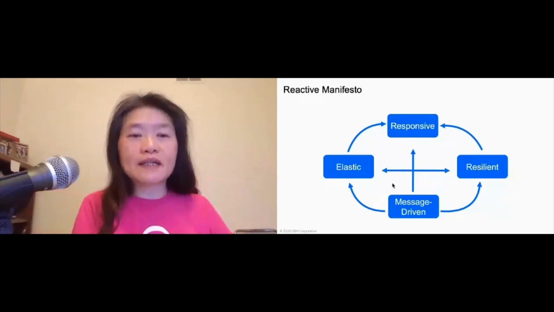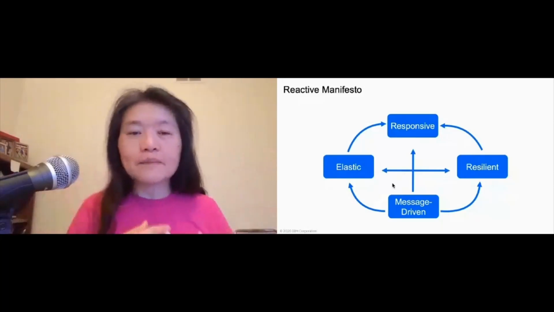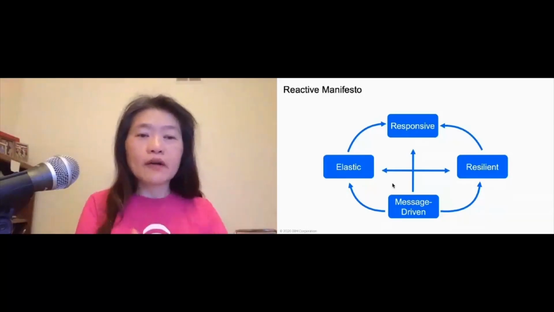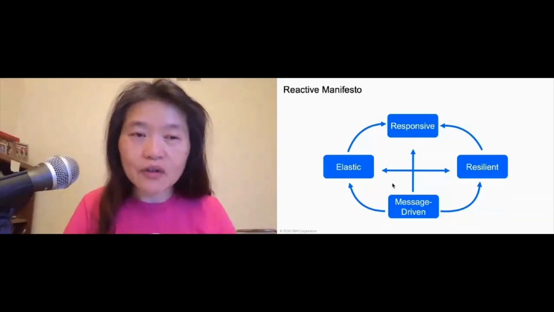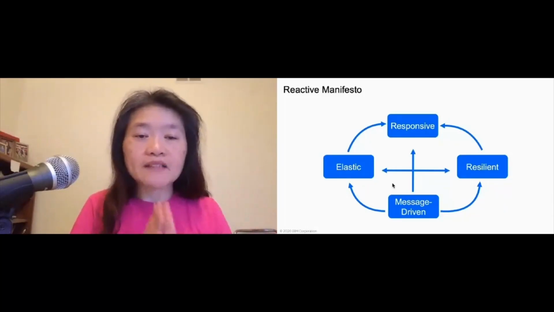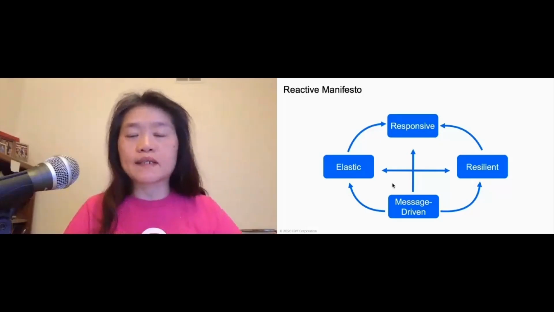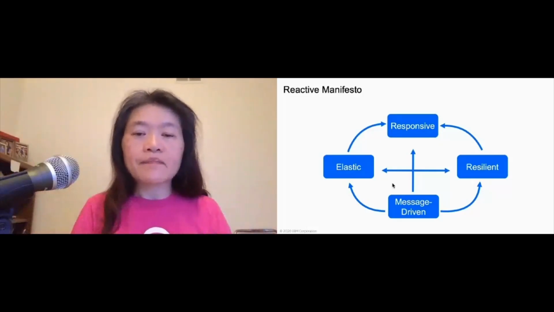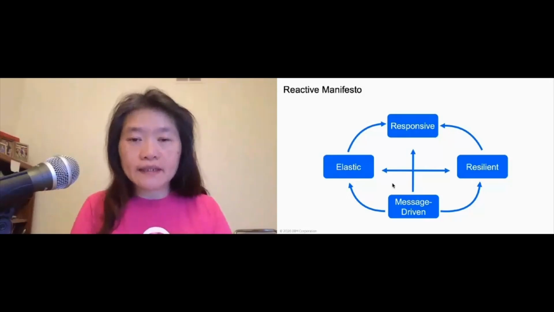And so in a computing sense, of course, it's more complicated, because then you're talking about maybe data that are being shared among different components and such. So, okay, back to the reactive manifesto. These are the 4 tenets, the core principles, of reactive systems. They need to be responsive, meaning that requests need to be handled in a very timely manner. That's being responsive. And then there's also resiliency.